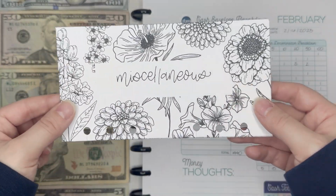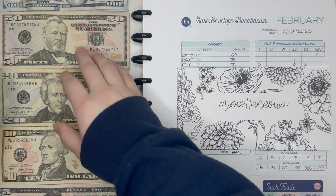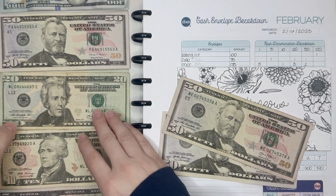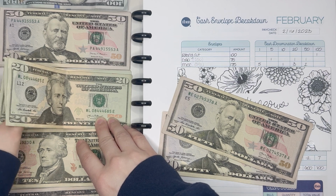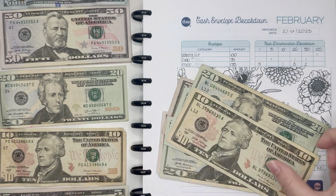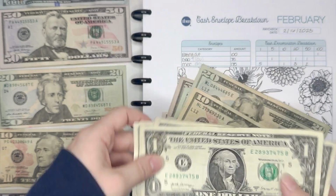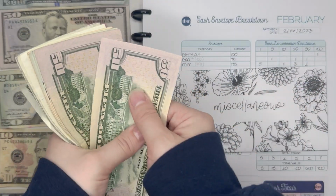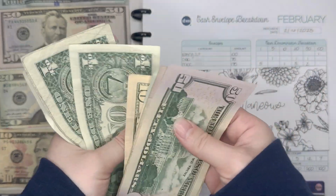Lastly, for my variable expense cash envelopes, we have my miscellaneous envelope. I'm going to be putting $175 in this envelope in two $50 bills, three $20 bills, a $10 bill, and 5 singles, which I believe is all the singles I have. 1, 2, 3, 4, 5. It is. So let's count this up and make sure it's 175: 50, 100, 20, 40, 60, 70, 71,